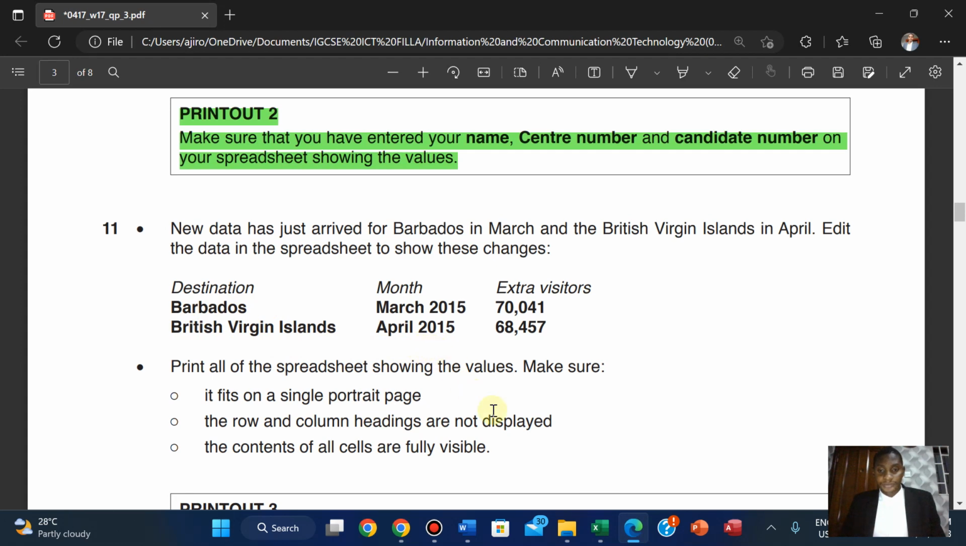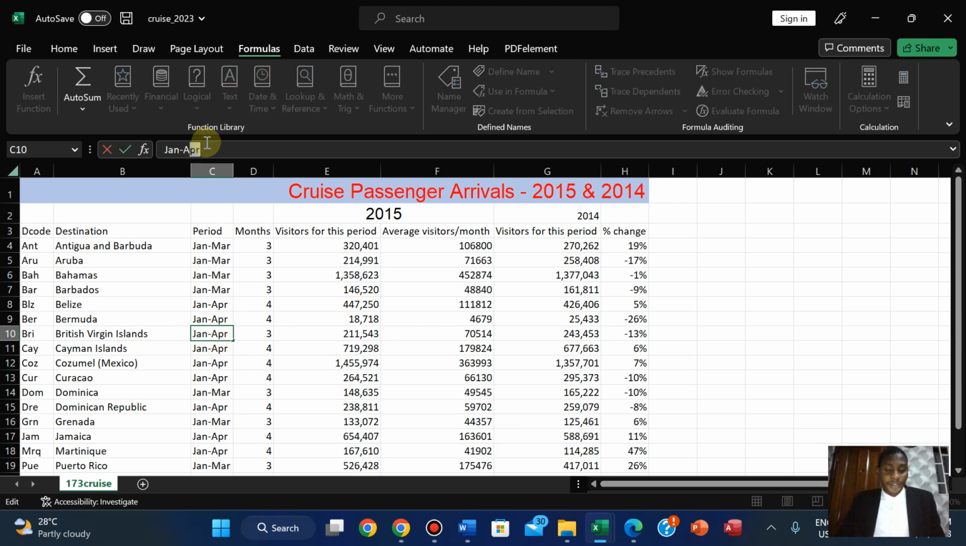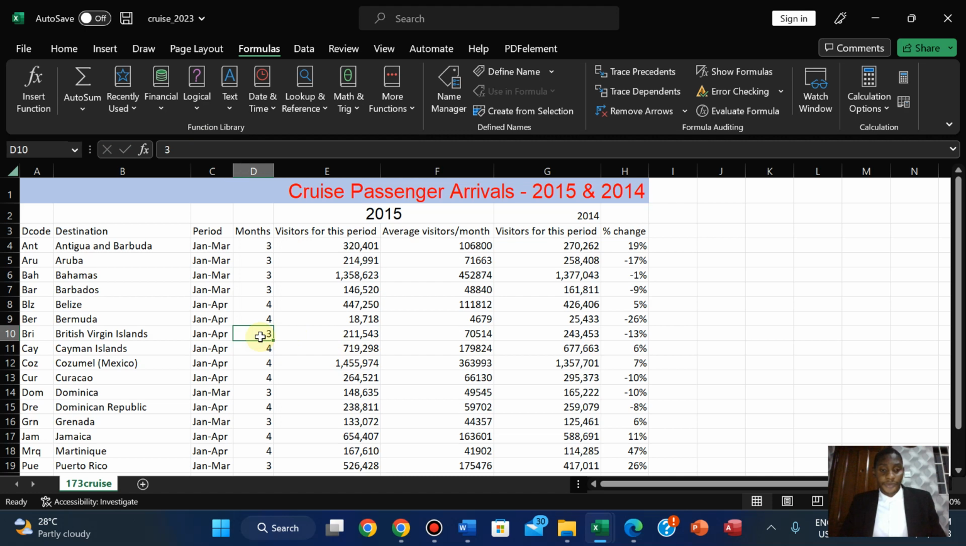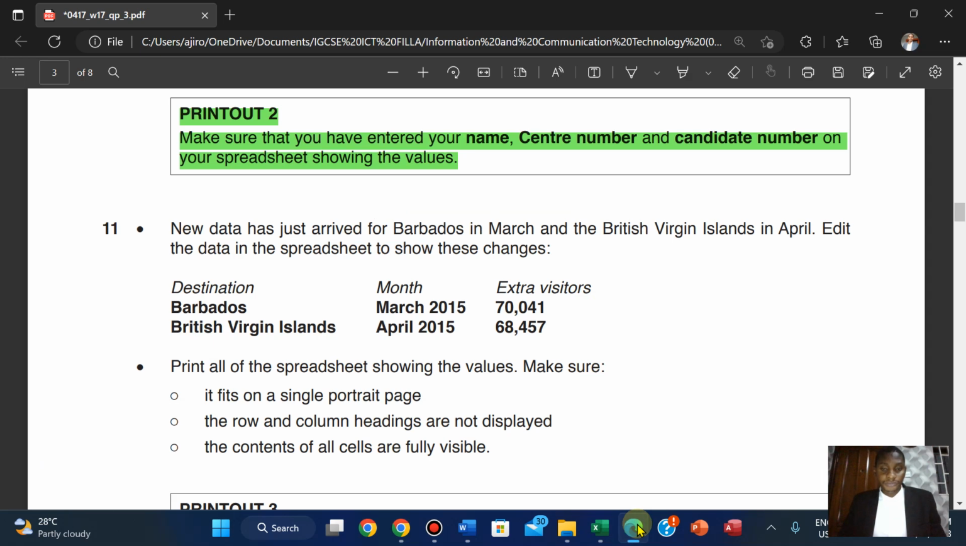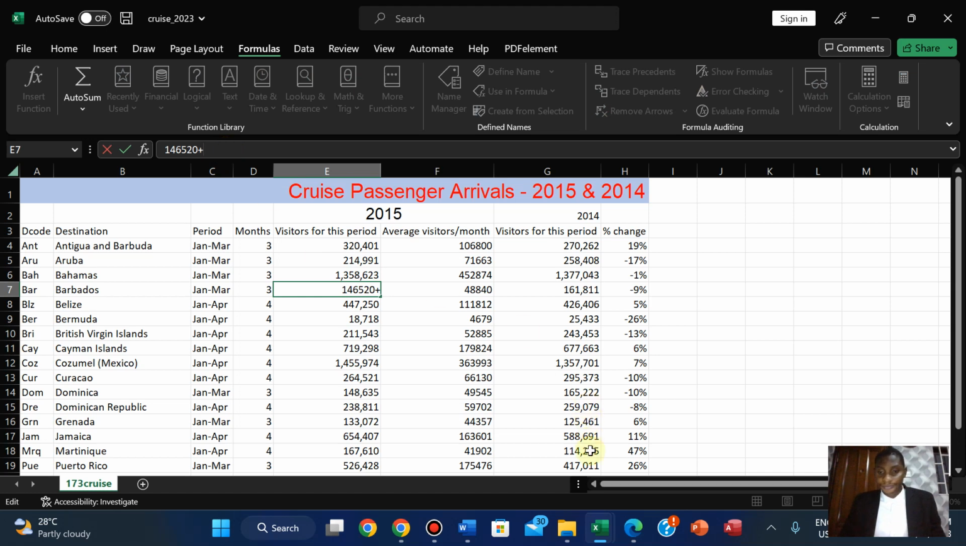British Virgin Islands. This is April, so obviously we're using three letters. This will make it four. For Barbados, the extra visitors are 70. That's plus